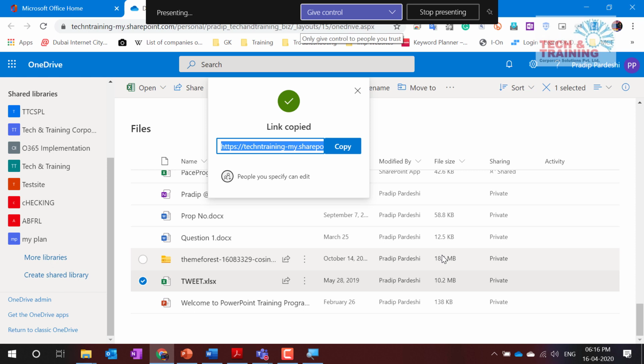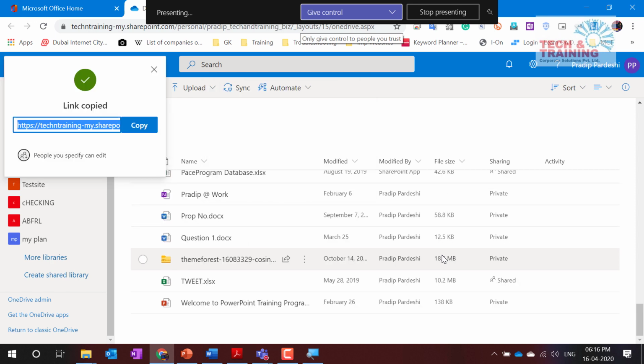I hope I'm clear over here. I think it is a little confusing in the first instance, but it is not so confusing. Like I said, I repeat once again, if I share it with person A, person A cannot share the file with person B unless I approve it. And even if person A somehow shares it with person B, person B will not have access unless and until I approve it. So that is how you can try this feature.